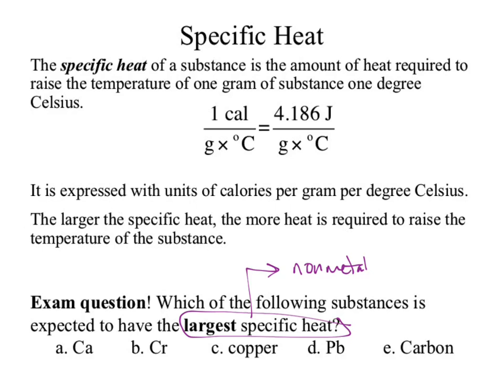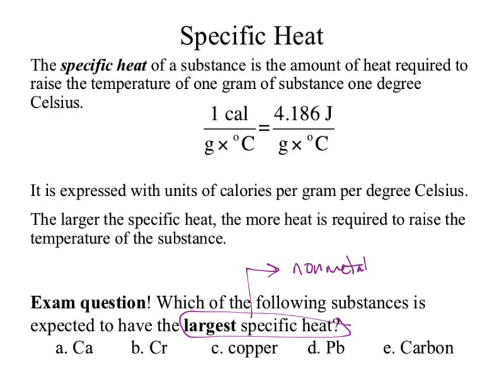Okay. The next thing that makes this a little bit more challenging, we already heard the answer shouted out, so we won't stress about that. What else makes this question a little bit more challenging? Do you have to know what Ca is? Not necessarily. Why not? You look at the periodic table, where is Ca? To the left of the staircase, it's a metal. Do I need to know what Ca is? Nope, it's a metal. Do I need to know what Cr is? Nope, because left of the staircase, it's a metal.